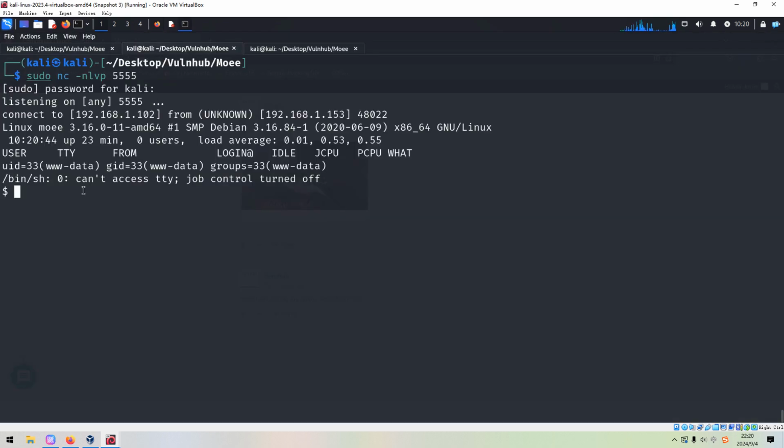As you can see, we successfully retrieved the connection from the target, which is fantastic. And we can import an interactive shell. And also we can change the TERM variable, xterm color.